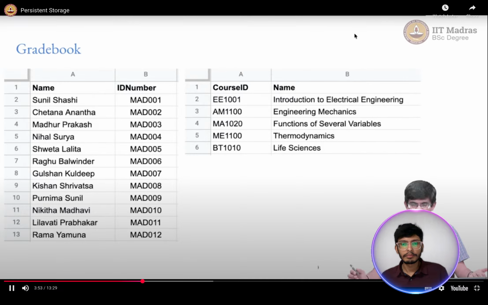Similarly, on the right-hand side, you can see that there's a list of courses, and the course ID is EE1001, AM1100, just a few random names and IDs. And the corresponding names, Introduction to Electrical Engineering, Engineering Mechanics, and so on. So as you can see, one of the things that you can notice as a pattern is the course ID and similarly the ID number for the students are clearly defined patterns. For the students, it has